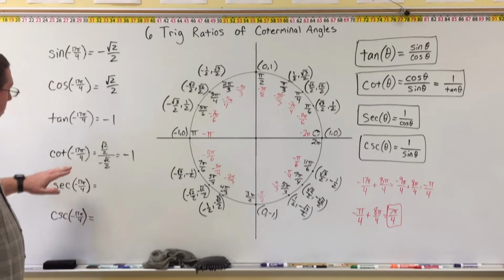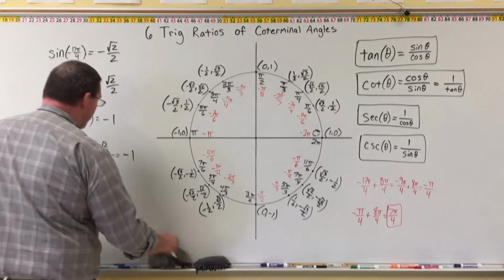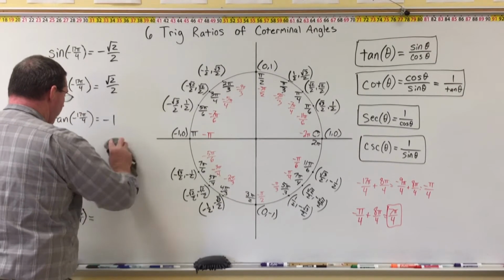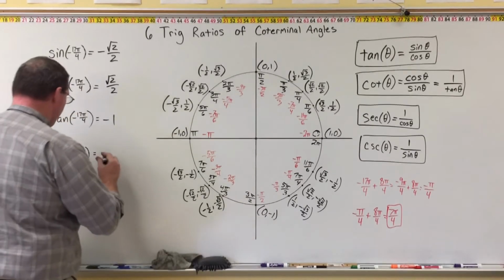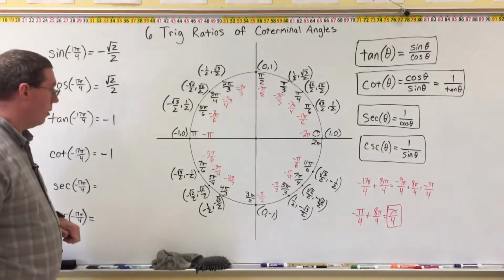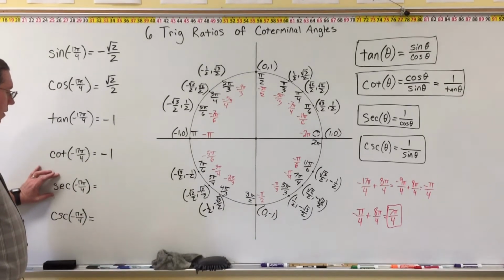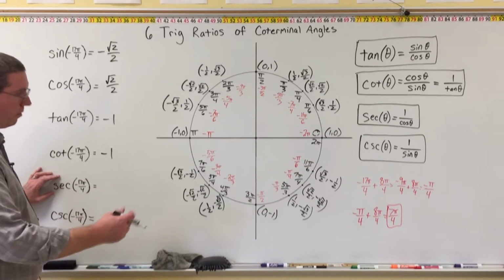Isn't that interesting? That the cotangent is equal to the tangent in this particular case. That happens sometimes. Don't be afraid to write down the same answer if that same answer is either 1 or negative 1. All right, so now, secant of negative 17 pi over 4 is the same thing as secant of